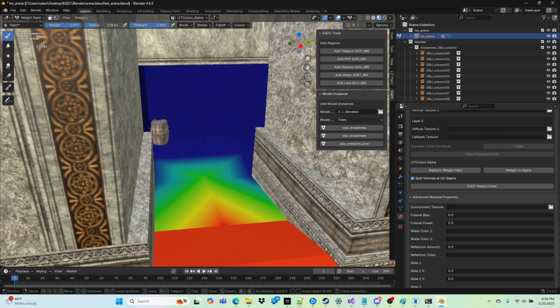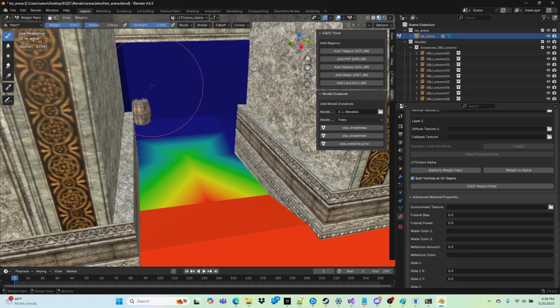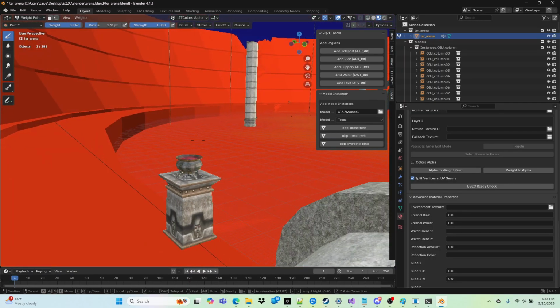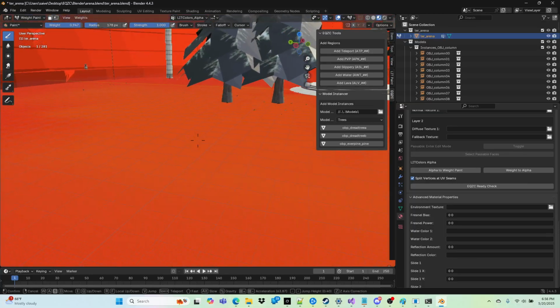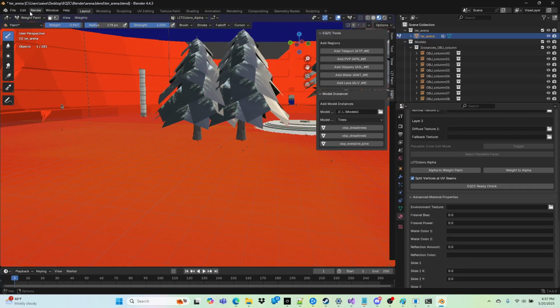What that means is that at the brightest part of the day, say 12 o'clock noon, this will be the same color at noon as it is at midnight. So there will be no change to an indoor area if it is blue. And it grades all the way up to orange with the weight paint. To give you an example, what we'll do